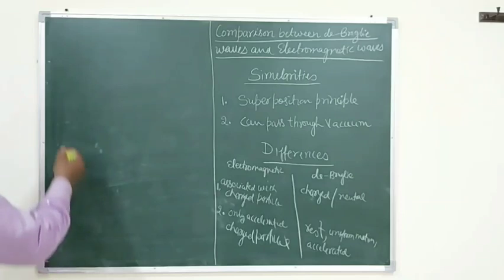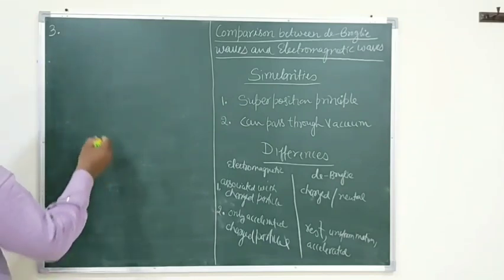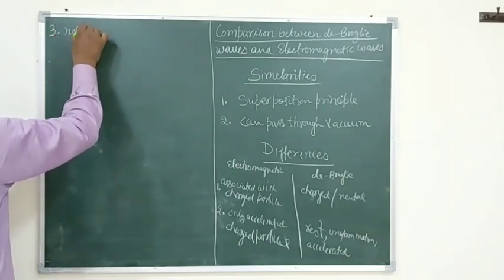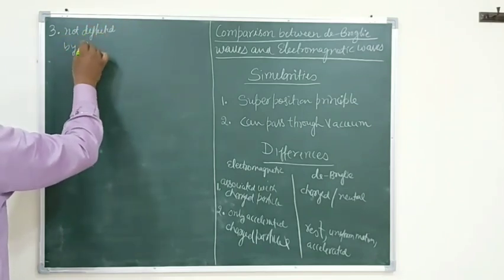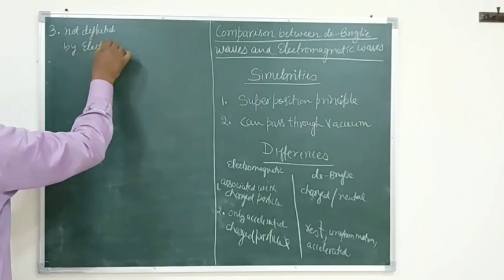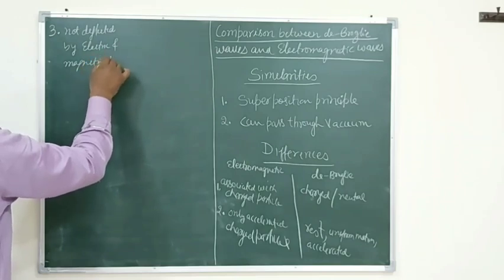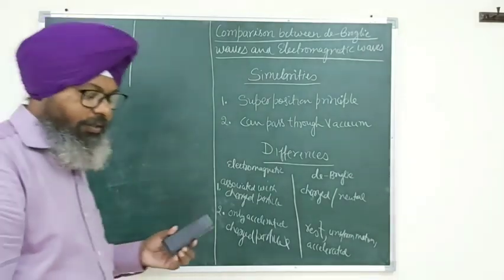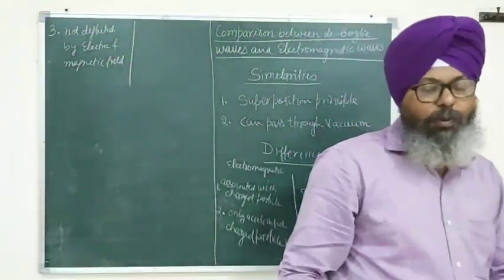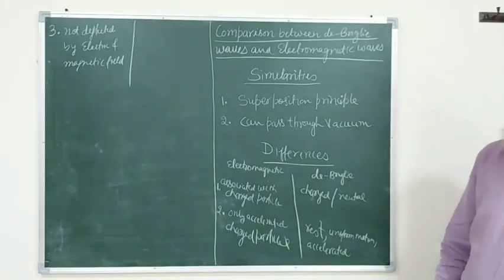What is the third major difference? The third major difference is that electromagnetic waves are not deflected by electric and magnetic fields. Now, this is something which is quite interesting, and this property, if we study related with these de-Broglie waves,